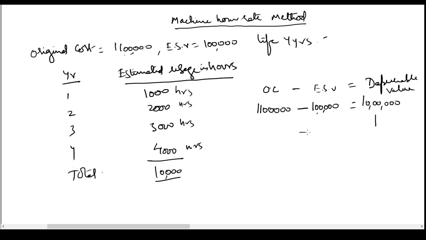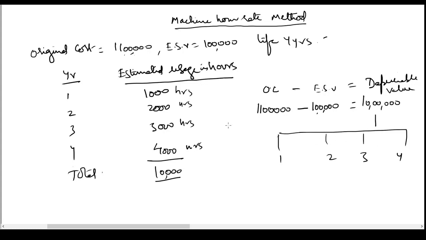Now this amount has to be spread over the life of the asset, that is 4 years, first year, second year, third year, fourth year. Now if I spread this loss equally over these 4 years, then I am following the straight line method of depreciation. If I take more depreciation in the first year and reduce it slowly every year, then I'm following the WDV method of depreciation. So if I'm splitting this loss equally over the life, then it is straight line method.